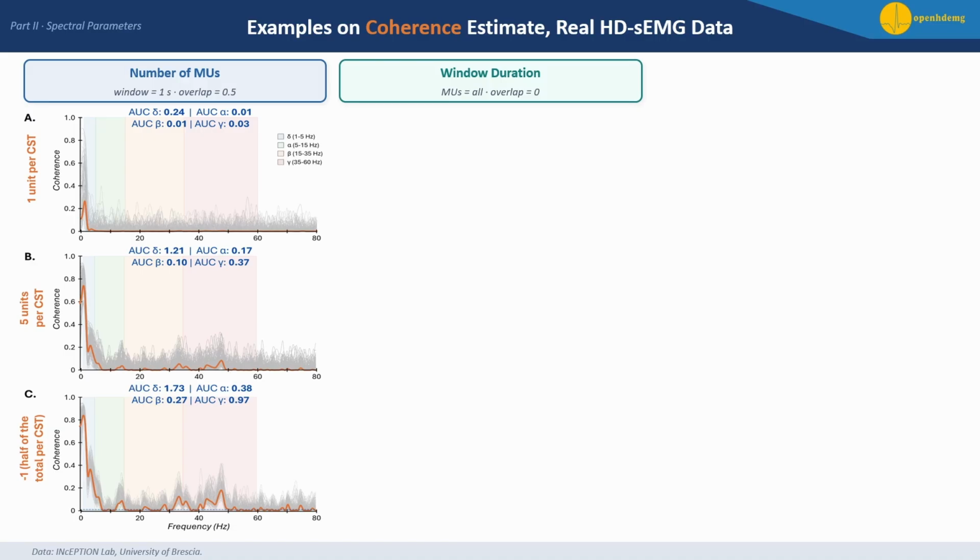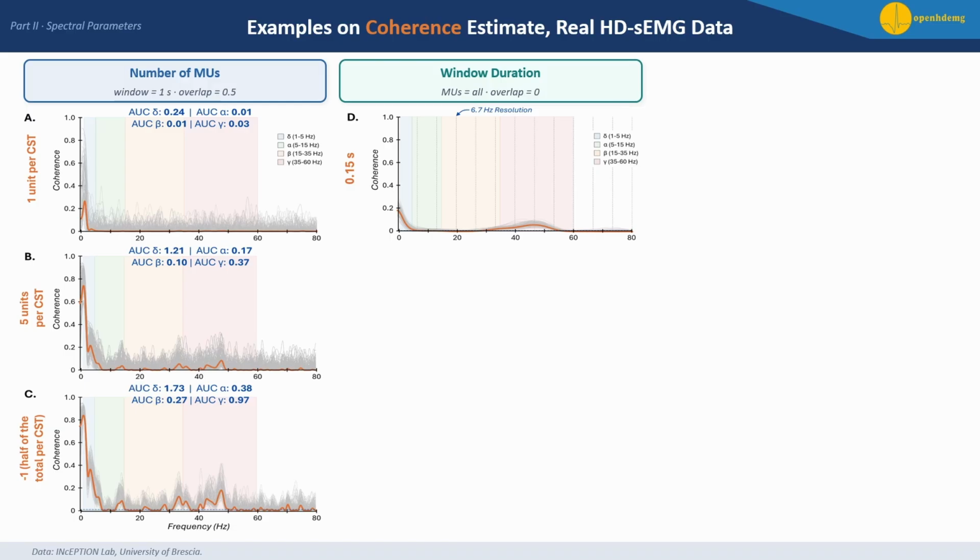I will not go back to the code since we are a bit short on time, but let's assume that, as Ali also did, I will have three different window durations of 150 milliseconds, 400 milliseconds, and 1 second, and see how each one will affect the result. In the case of 150 milliseconds, you can see a very broad, weak estimate of the coherence. You can barely see any information here, and based on the equation that I already mentioned, which is 1 over the size of the window duration, we have points per each 6.7 hertz,